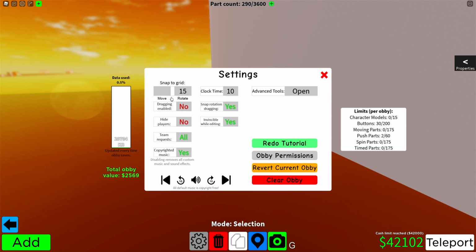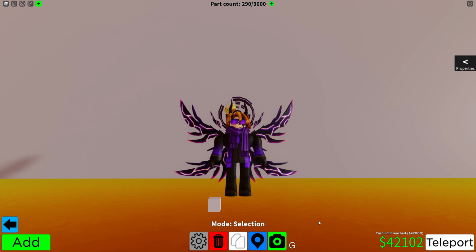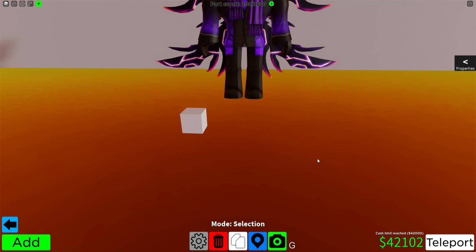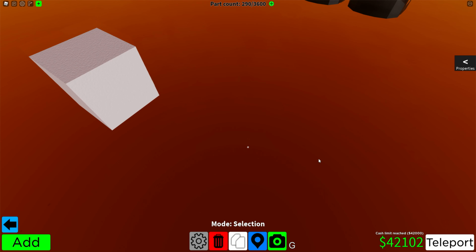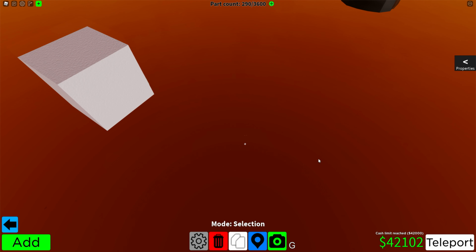But if you want to get that real detail in, you can make it a lot smaller. If you just change it to 0, it will automatically set it to 0.01. And well, let's just say 0.01 is slightly smaller. If you take a real close look next to the normal block, you can see this absolutely minuscule pixel. That is the size that you can get down to with 0.01, which opens up a whole new bucket of